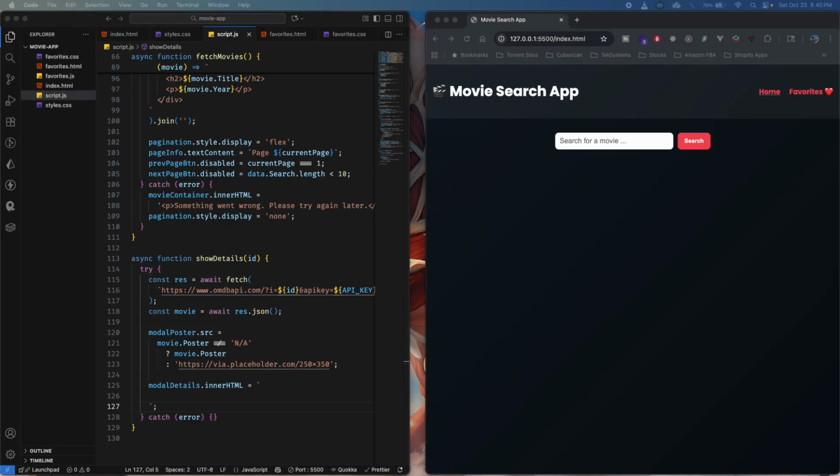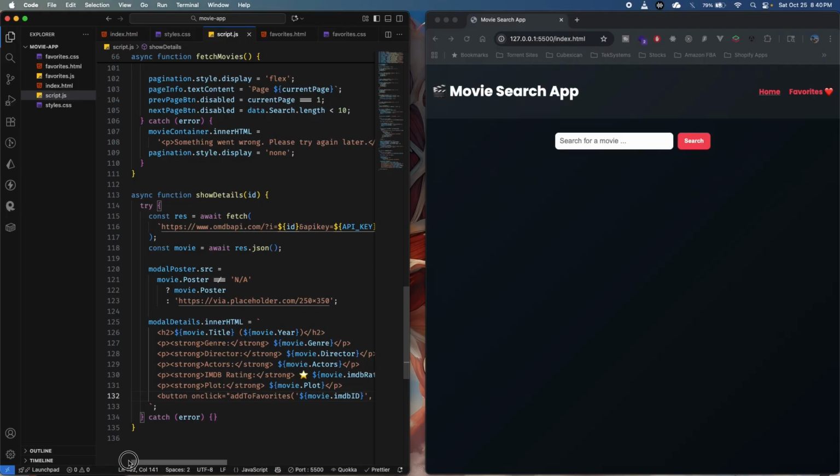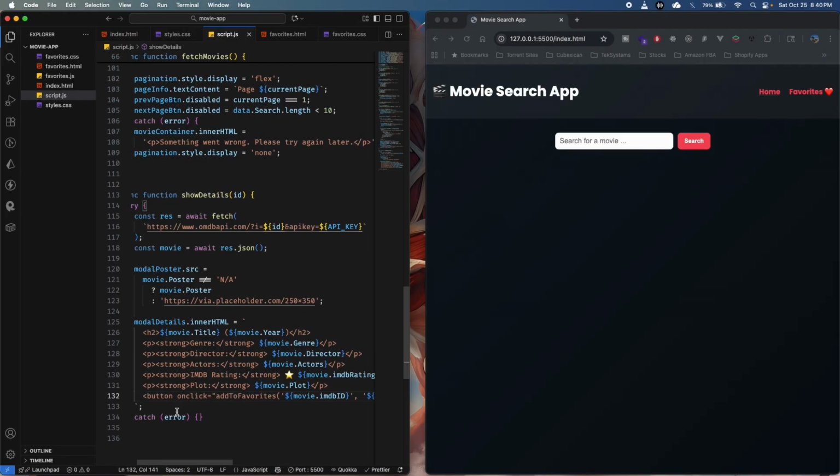Yeah, I'm going to copy and paste all that I have here, and I'm going to explain it to you. It's not a big deal. So basically, it's just HTML elements that we need to set on the image.html. So first we have here an h2 that is going to show the title of the movie and